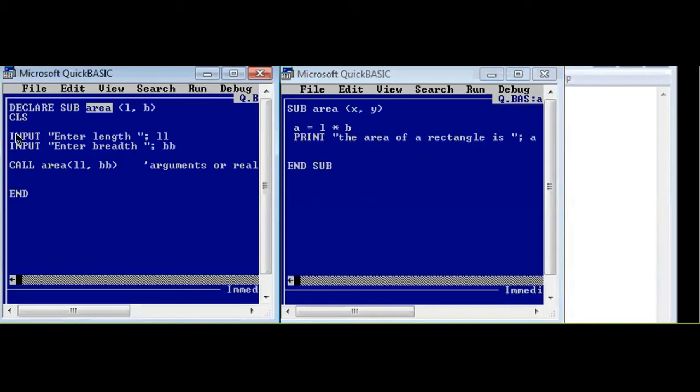That name cannot be input. That name cannot be a keyword that is already used in QBasic, like CLS. It has a certain meaning in QBasic, so CLS is known as a keyword. Similarly declare, sub, input, call, and if, for, next, while, all these keywords have a significant meaning in QBasic editor. Such words are known as keywords, and keywords are those words which have a certain meaning and do certain work in programming. Those keywords we can't use as the name of the sub procedure.